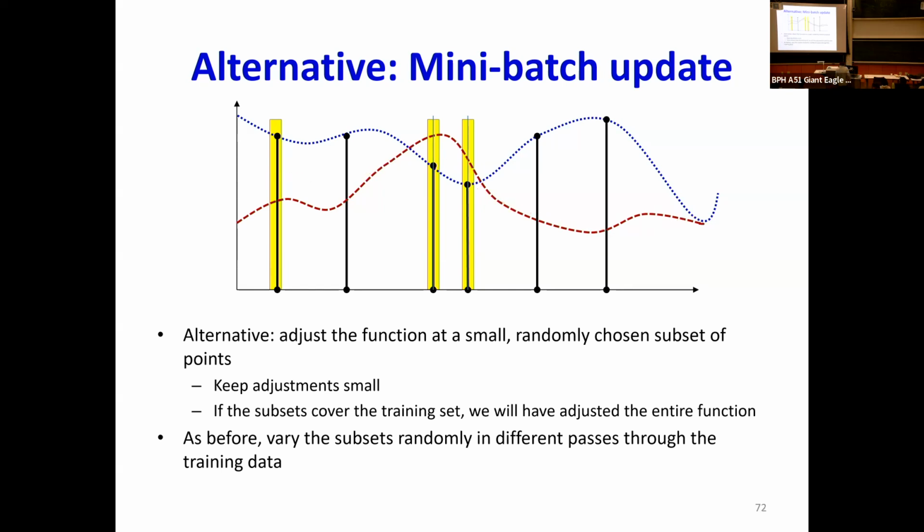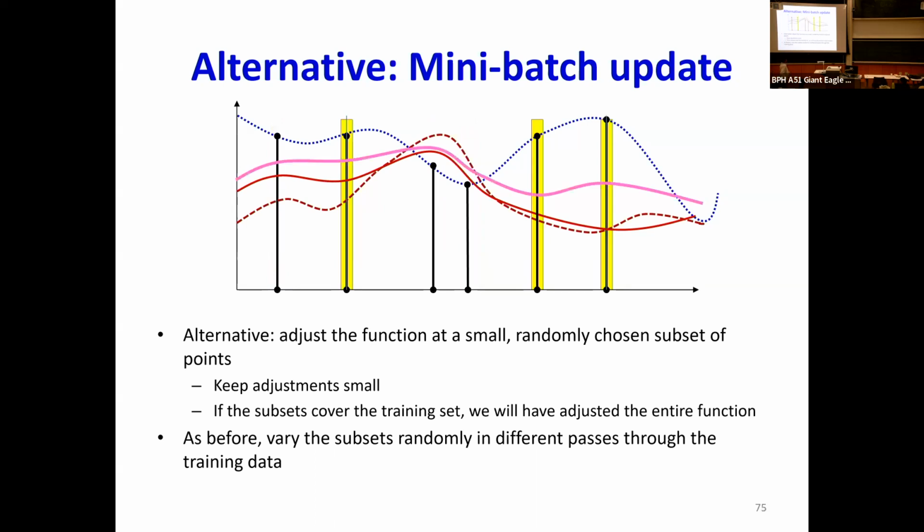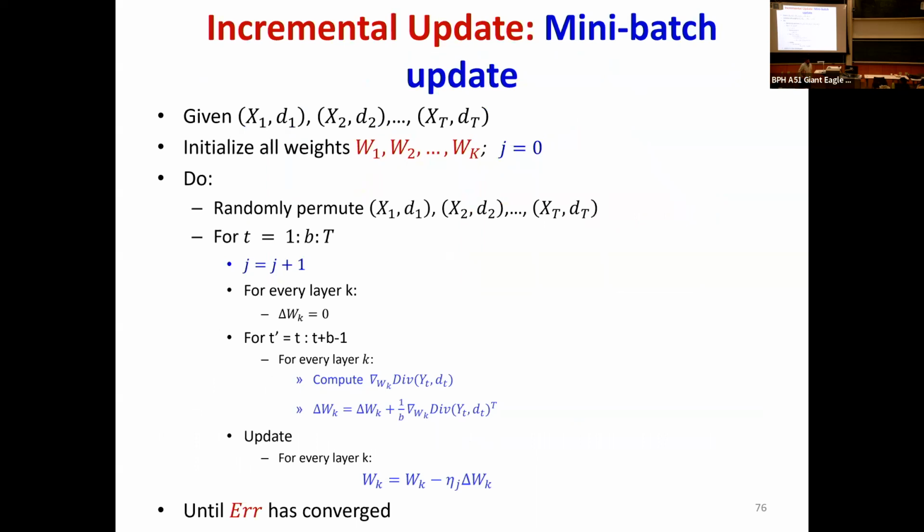So here, for example, if you chose these 3 points, it's going to tell you to push the function up here and pull the function down at the 2 central regions. And so it'd make an adjustment, and then the next time you'd pick up 3 other points and keep repeating this process. So the pseudocode over here,